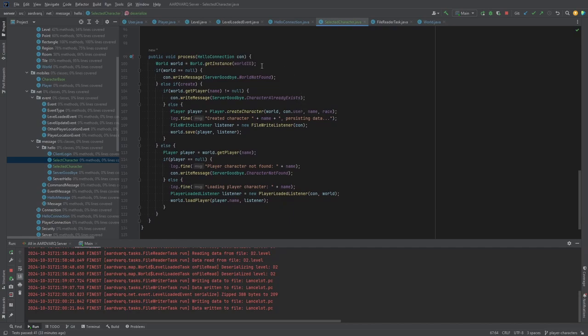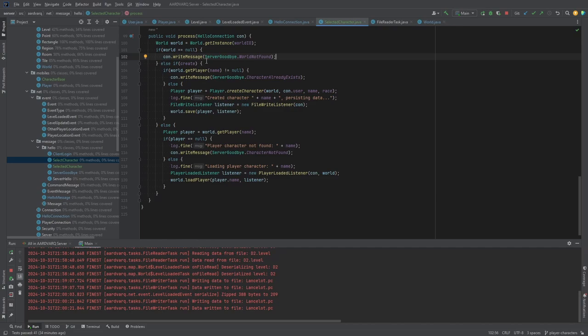Processing the message, it looks up a world instance based on the world ID. If the world ID was invalid and did not result in a world being found, we hang up with an error message that the world wasn't found. Otherwise, we proceed to checking if we're creating a new character. If we are, and the character already exists, we hang up with an error message that the character already exists. If we're creating a new character and that character does not already exist, we create a character